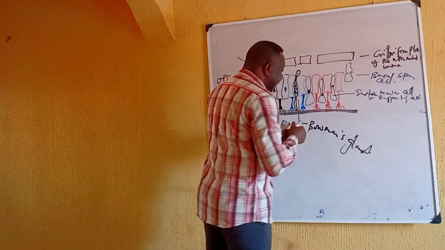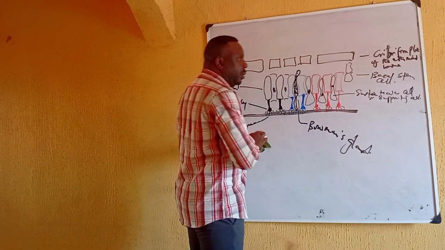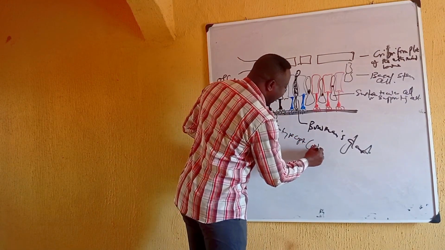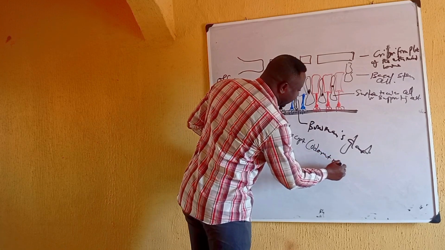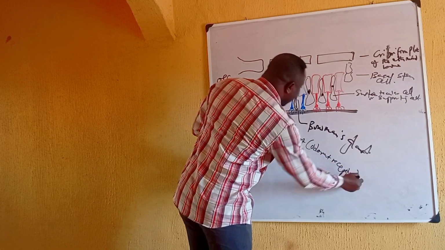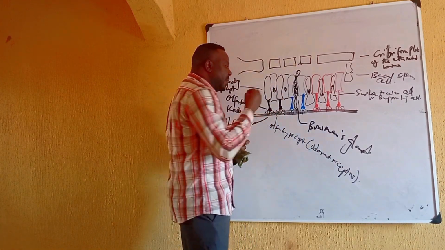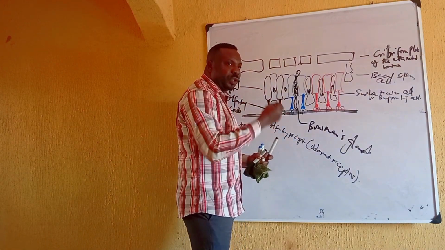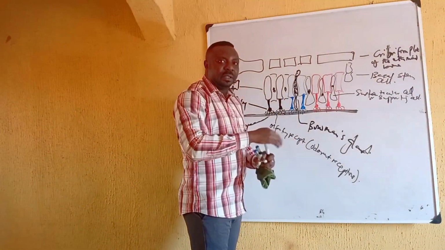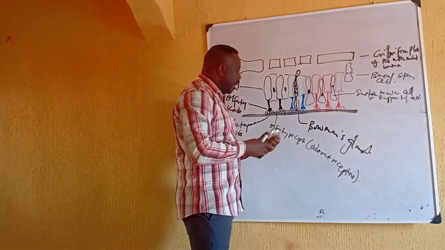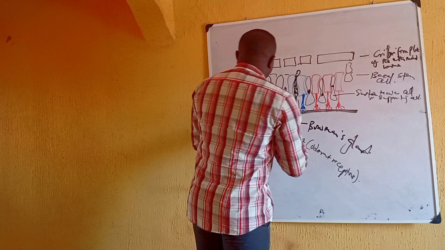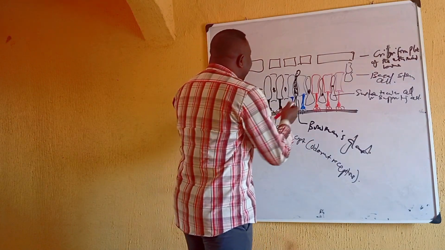Now, the hair cells actually contain what we call odorant receptors. Now, the odorant receptors are receptors that are sensitive to odors or odorant molecules that are present in the environment. Now, it is important to know that the olfactory